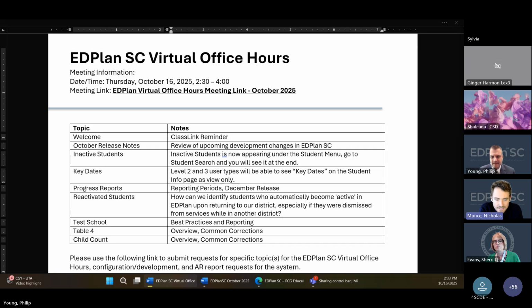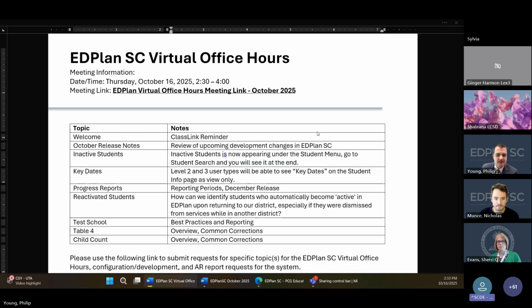No, I think that's well summarized. I think the big differentiator is if the icon is just not present for someone at all, we won't be able to give much assistance there. But if the icon is there and they click it and there's an error message, that's something that we can help with. So if the icon is totally missing, go to SCDE or district IT staff first. If the icon is there for someone, they say that they can see it, but clicking on it isn't allowing them to log in, we can help with that. We just can't help if the icon is not there at all. Yeah. All right.